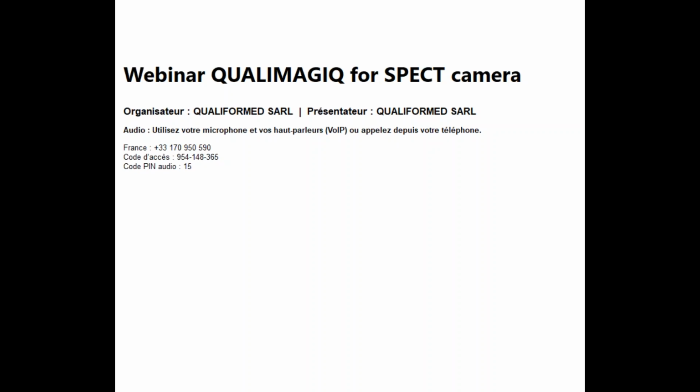Most of the time now you also have a module for the CT scanner, but we don't want to speak about that today. I want to focus only on the SPECT module. So as you know, you can import some data from this button.